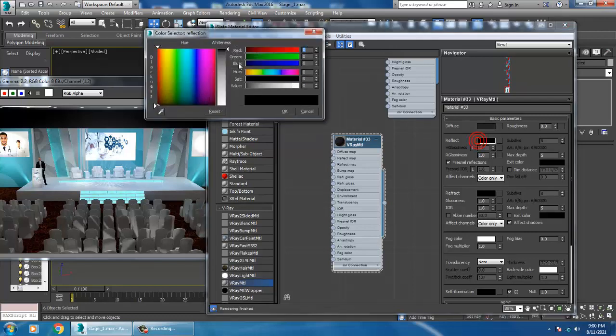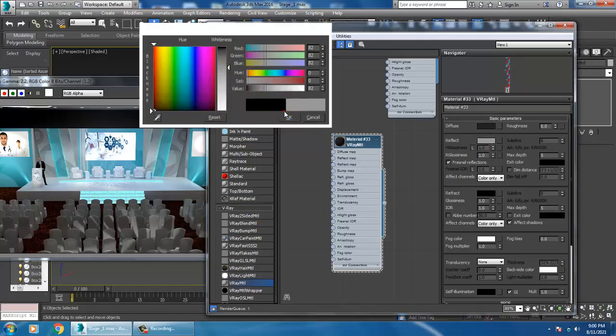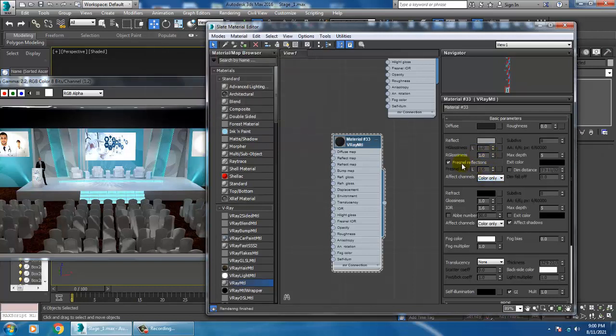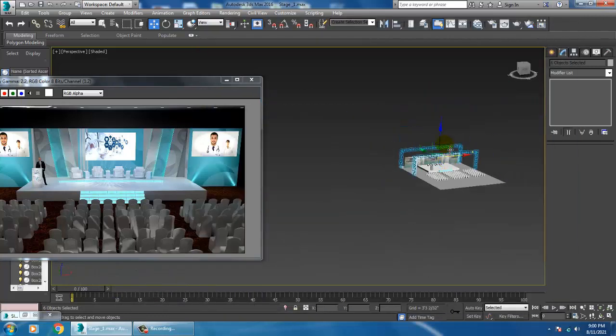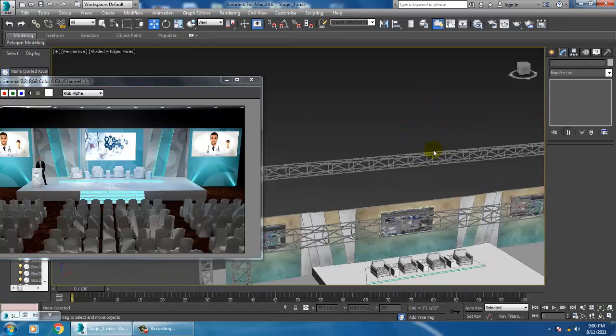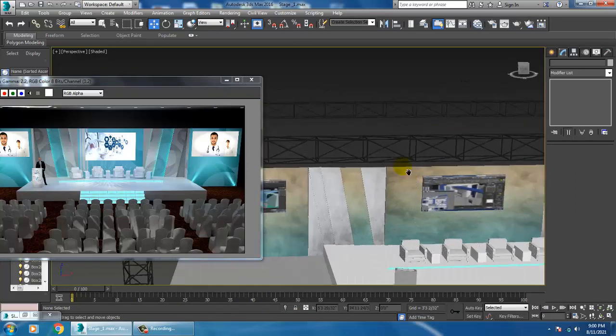Let's give a bit of reflection, not much, and we can work with Fresnel reflections. So R glossiness and H glossiness. Okay. Just assign that. Looks much better now.